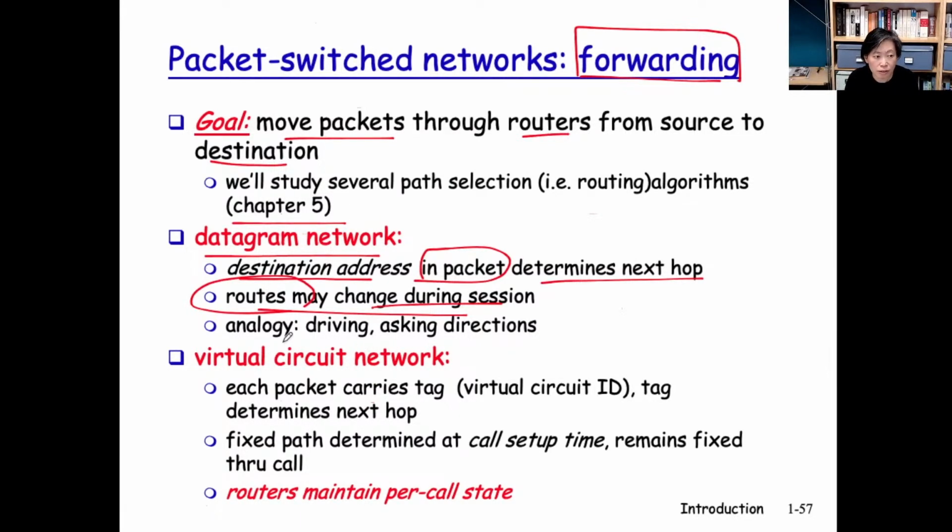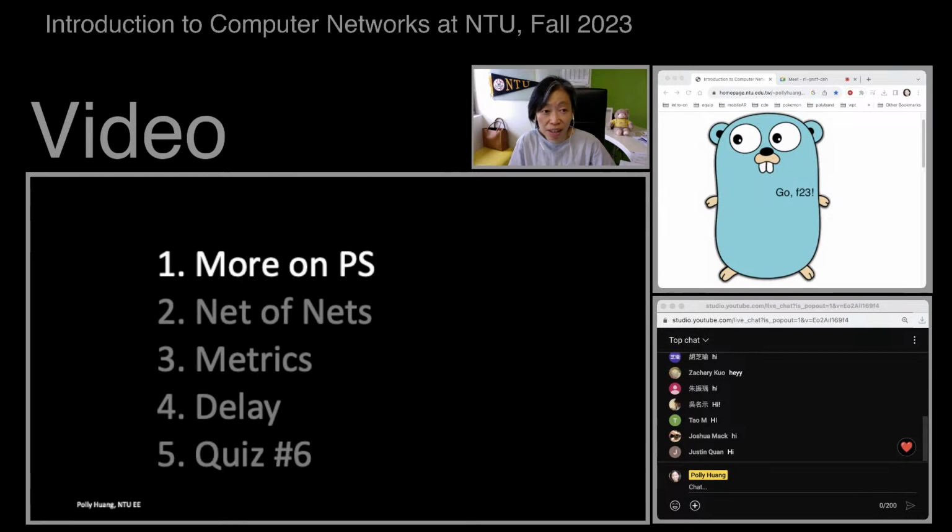The analogy here is that a packet switch network is a little bit more like the regular car network. If we are driving a car, a lot of times, to find out which road segment we should go on next, we might stop and pause and ask someone for direction, or park to the side and look up Google Maps to find the next segment. All right, so that was why we need to store and forward. But as you can hear, that means for every hop the packet travels, there is extra delay.